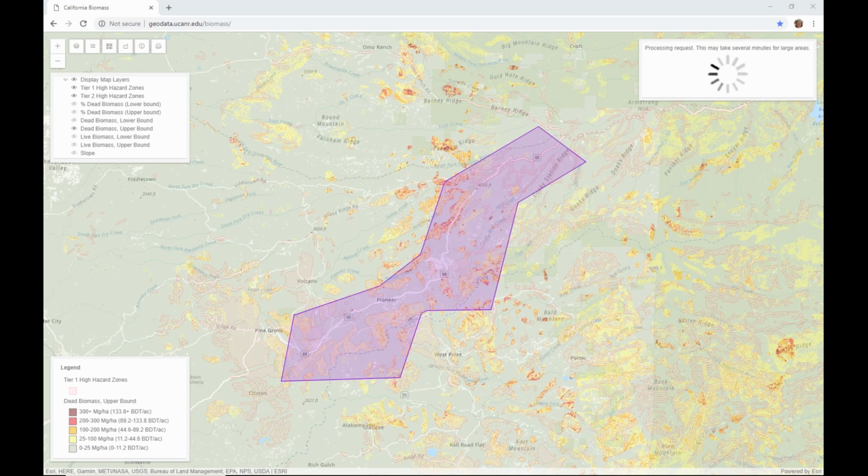And eventually I would like to update this map to include those latest, most well-validated data sources. That's a good question. One issue with LiDAR data is it's hard to use it for the entire state, whereas aerial detection survey data does exist for the vast majority of forested areas in California.